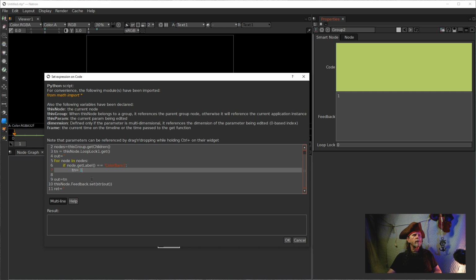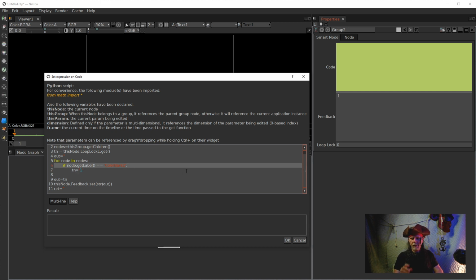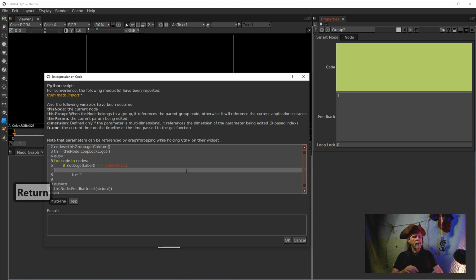What we really want to do is say TN equals 1 here, but what we really want to do is test it. We want it so that every time this node loops around and we get to color bars, we sense color bars, we want to test. We want to say if TN equals 0, then